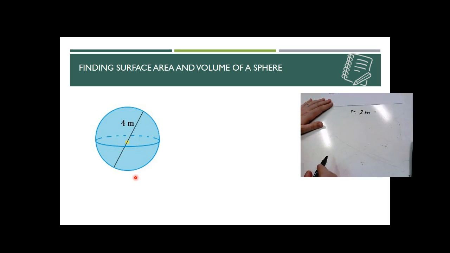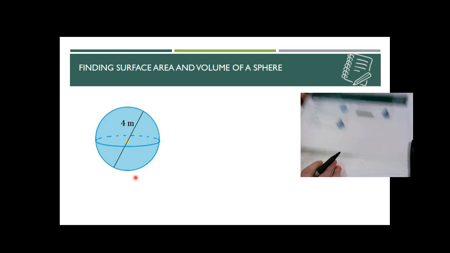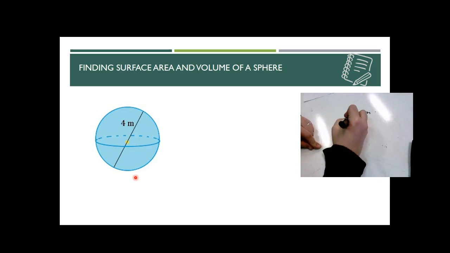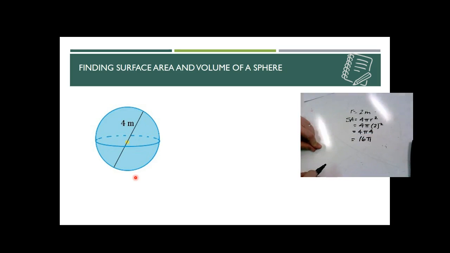Now, after we go through, we're looking first for surface area and then for volume. I'm going to go back to my reference sheet, and we'll notice that surface area is 4 times pi times the radius squared. So I'll go ahead and fill that in. Surface area equals 4 times pi times the radius squared, which gives me 4 pi times 2 squared. 2 squared is 4, so 4 pi times 4, 4 times 4 is 16, so 16 pi is my exact